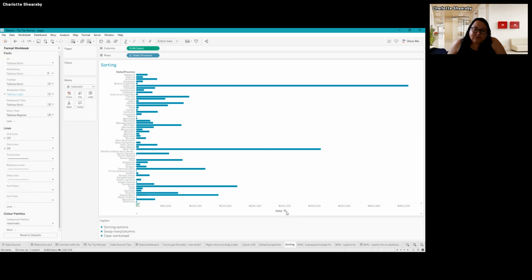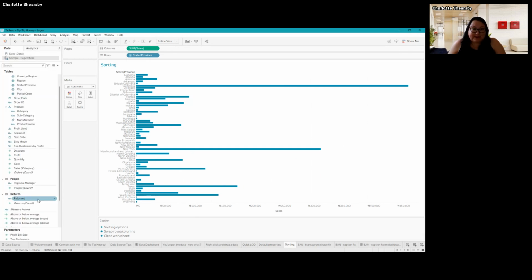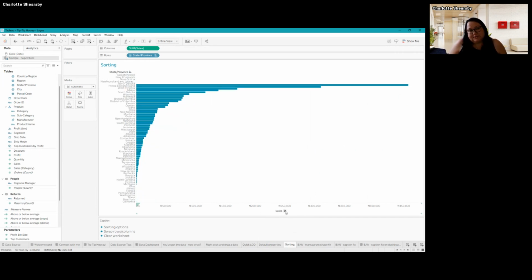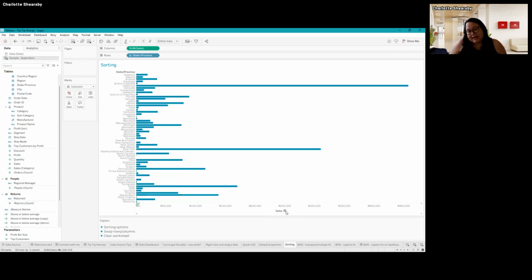We can sort, and you'll notice here, look, the sales have all come through with the Nigerian naira on there because I've formatted that at the data source level in the data pane on my previous page, so it's remembered and it's carrying it through. That was just a side note. So sorting, we can sort down here next to the sales. We can turn that on, sort descending, ascending, put it back to how it was.